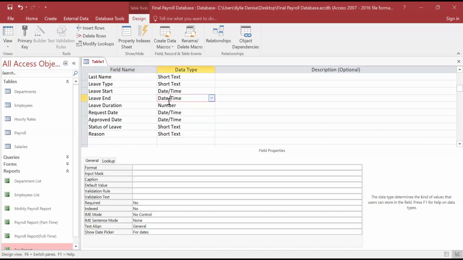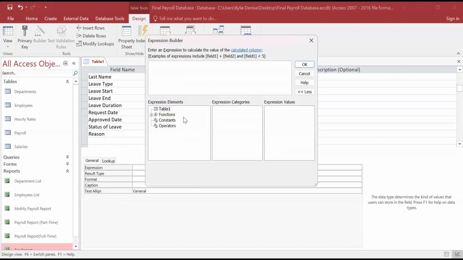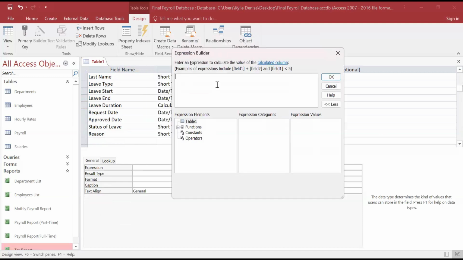Okay, here we can set the leave duration. I don't know. Let's check if it will calculate the days, or we need to save it first. I'm not sure. No need to put equals. You put square brackets. End date minus start date. End date first, I think. Leave end minus leave start.